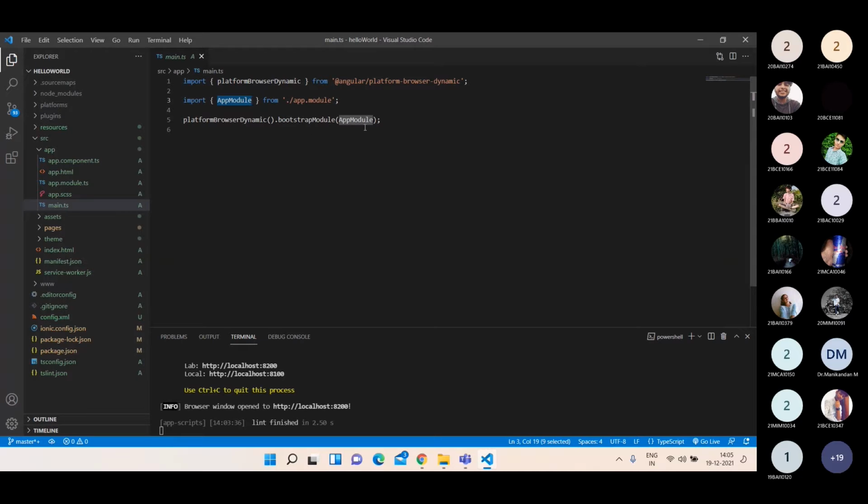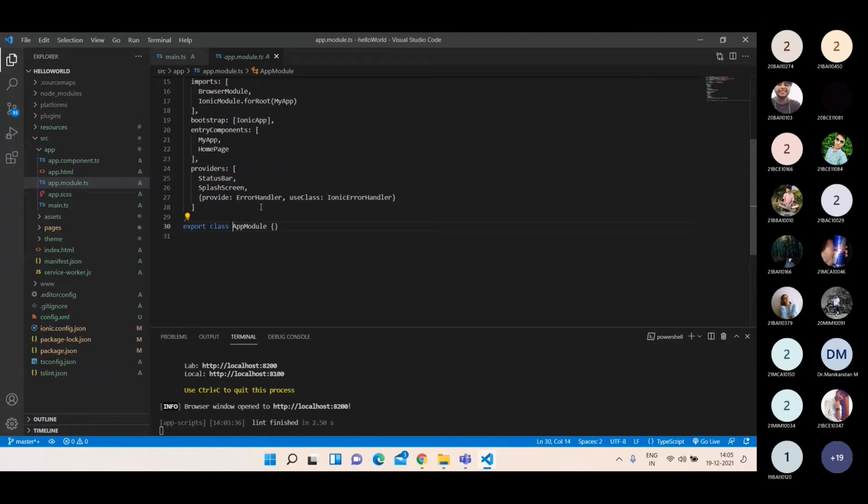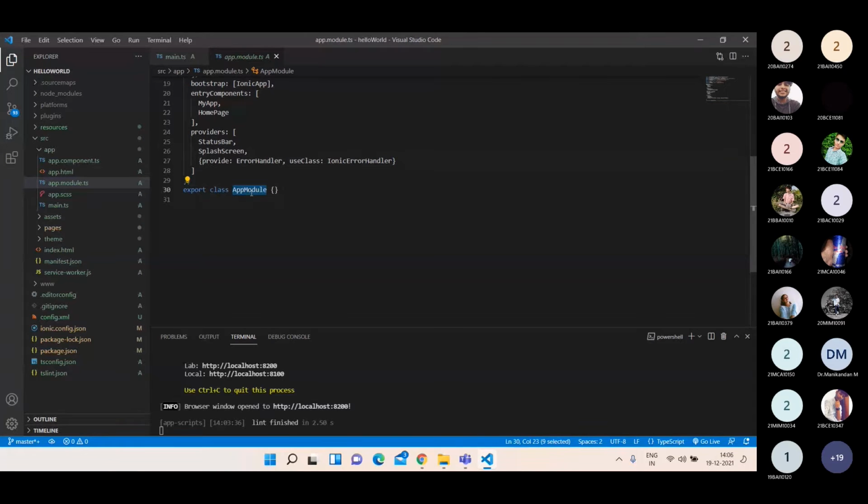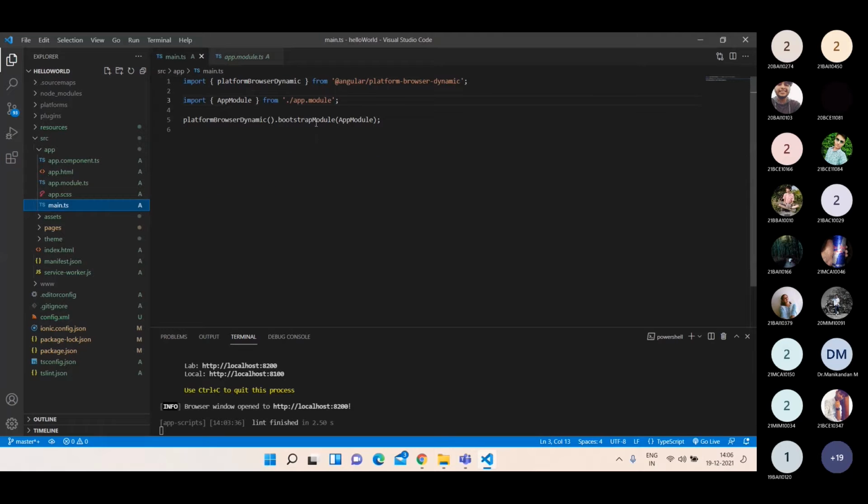Okay. So this app module file will be the root module file. So if I'm pressing control and clicking this, I will be going to this app.module.ts. The class name would be the app module. So you will be calling every component with the help of their class name only. Okay. So you need to remember this one. You're going to call every component with their class names only, right? So it is given that platform browser dynamic dot bootstrap module of app module.